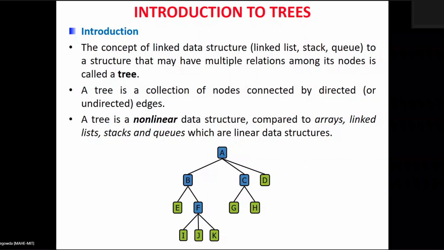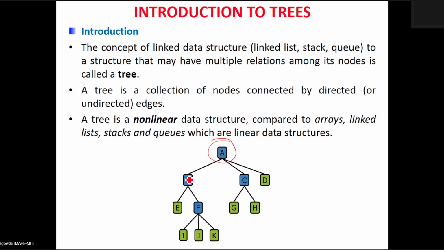Next, coming to trees. A tree is a hierarchical data structure defined as a collection of nodes. Nodes represent values and nodes are connected by edges. A tree has the following properties. The first property is that a tree has one node called a root node. If you look at this one, this is the first node. This first node of the tree is called a root node. The tree originates from this node and hence it does not have any parent.